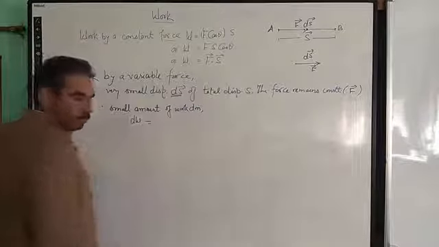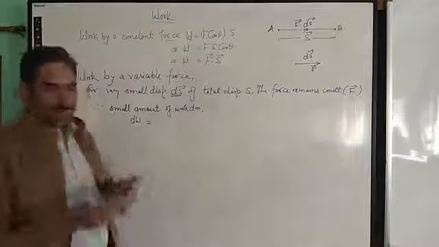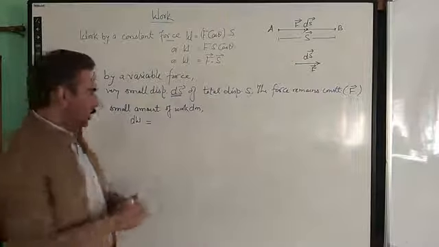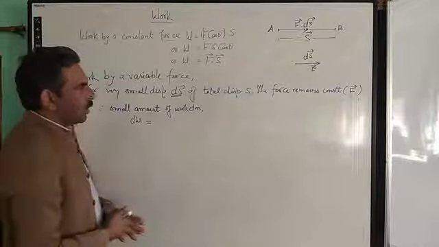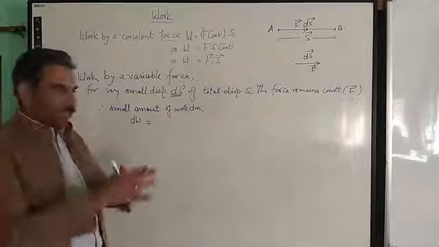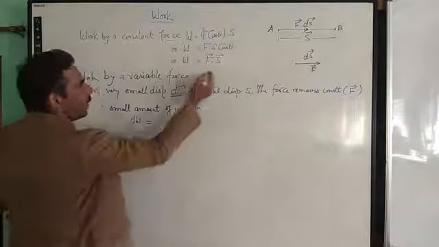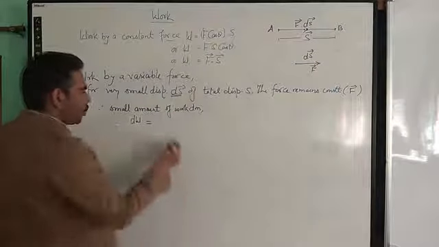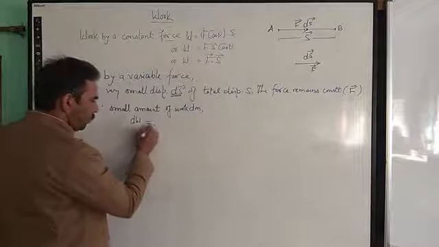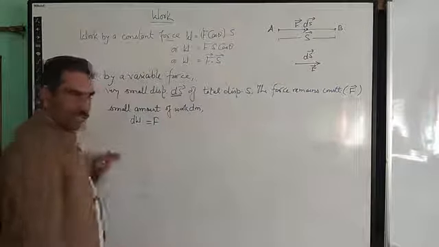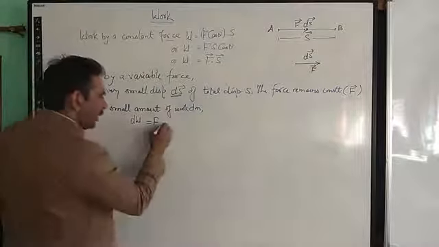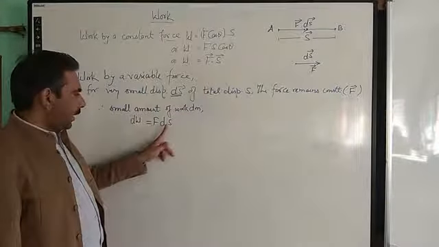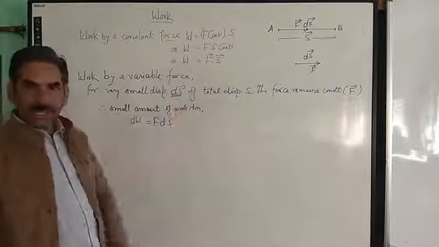This is equal to, here we are taking that the force is causing the displacement along the direction of the displacement, or we can say the force is acting along the direction of the displacement. So in that case, the angle theta will be 0 degrees and cos 0 is 1 simply. So we get the formula for the small amount of work done to be F ds. This is the force which is acting for small displacement ds, and the angle between F and ds is nothing but 0.